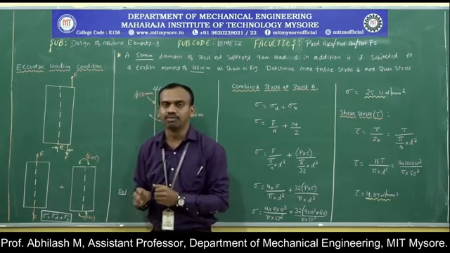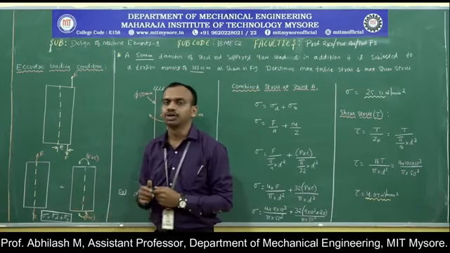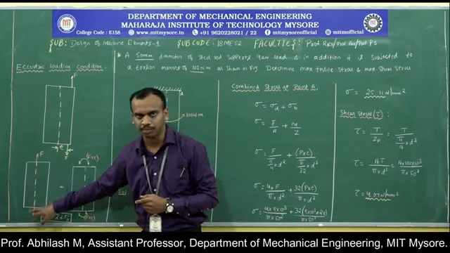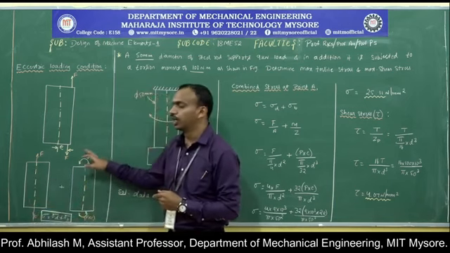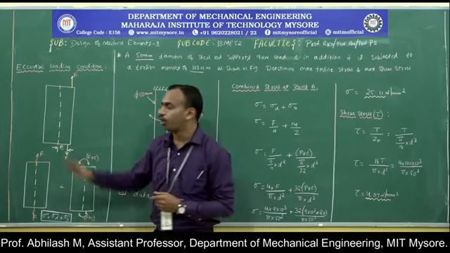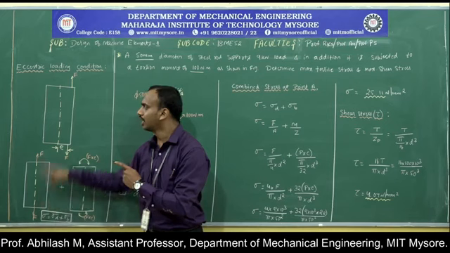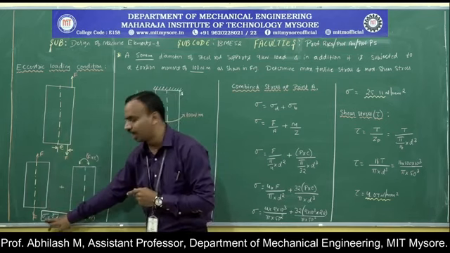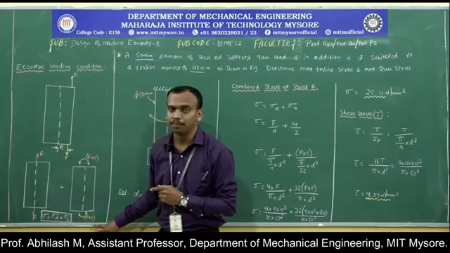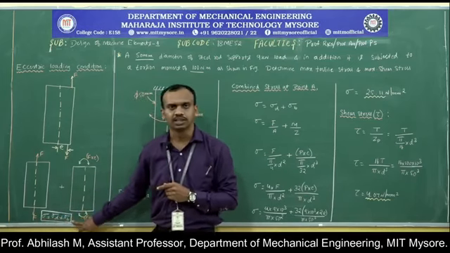So the stress developed because of the eccentric load will be a combination or superimposition of two stresses. One is the axial stress acting along the centroidal axis of the member, and the other one is the couple produced because of the force into its perpendicular distance. So the maximum stress for the eccentric loading is given by sigma, the maximum stress developed under the eccentric loading condition. Sigma will be equal to the direct stress along with the couple stress, that is the bending stress. So sigma will be equal to the direct stress sigma d plus the bending stress sigma b.